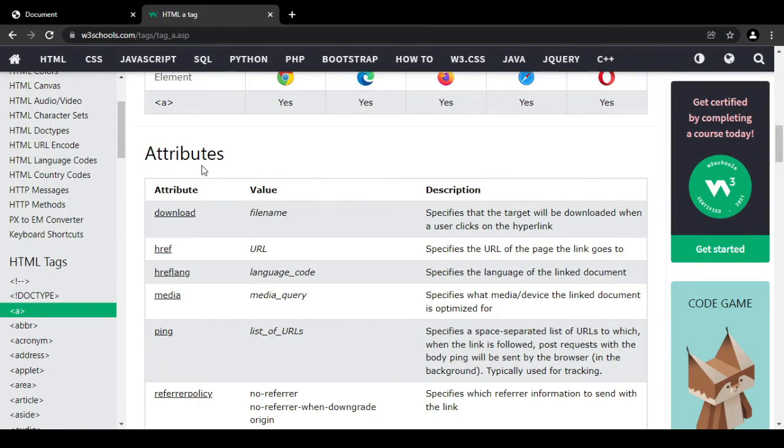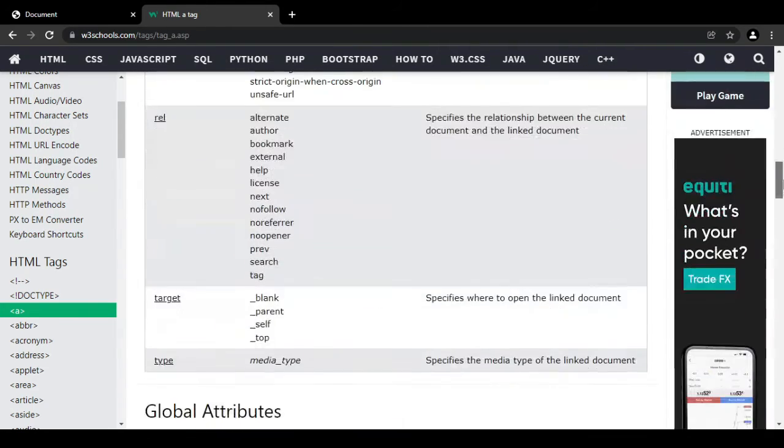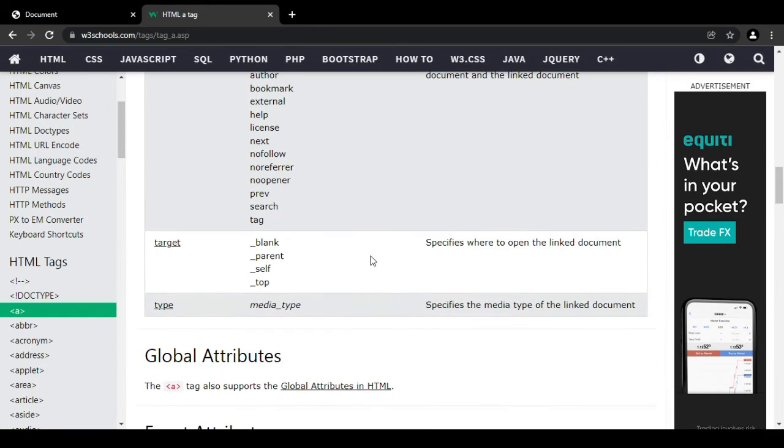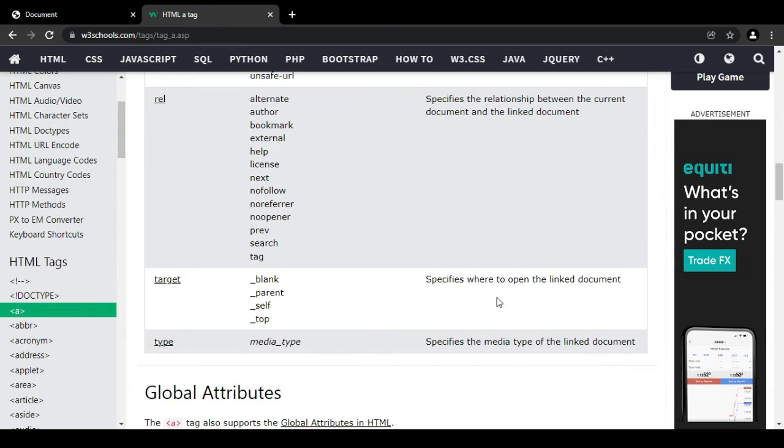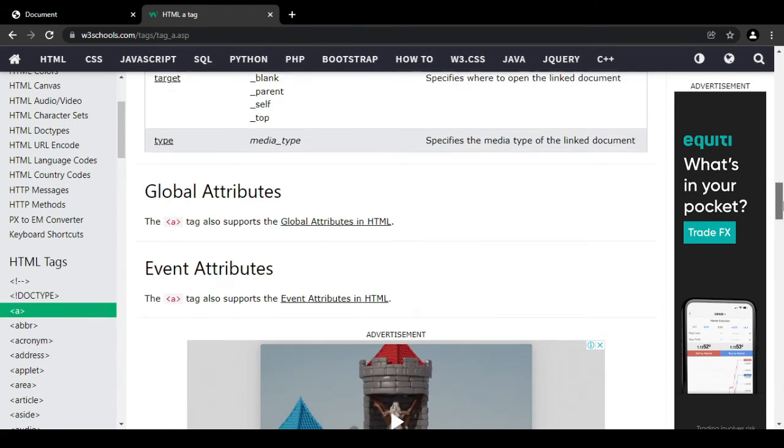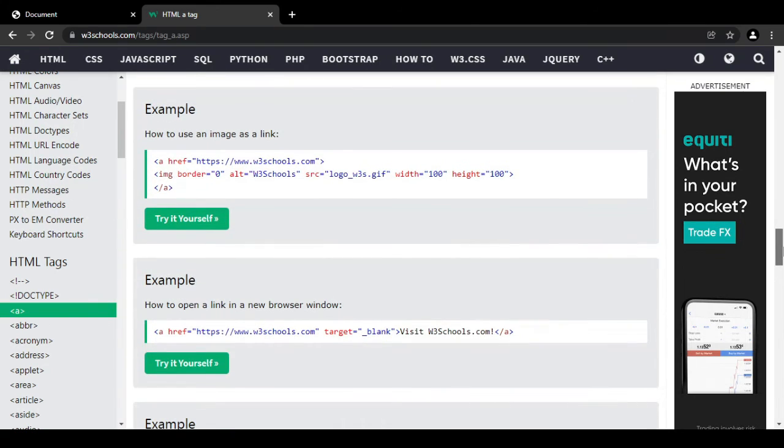So we can see the attributes of the anchor tag, and there are a lot of attributes, but the one that caught my attention is target, and it says it specifies where to open the linked document, and that relates to what we're actually talking about. We want it to open a new tab, and then in the new tab it will open the document that we clicked on. So I can continue to scroll down to see how it is being used, and as I can see here,